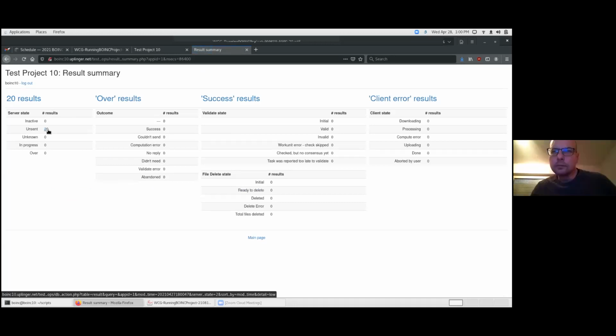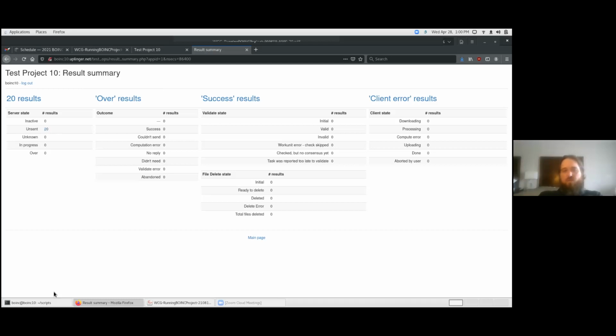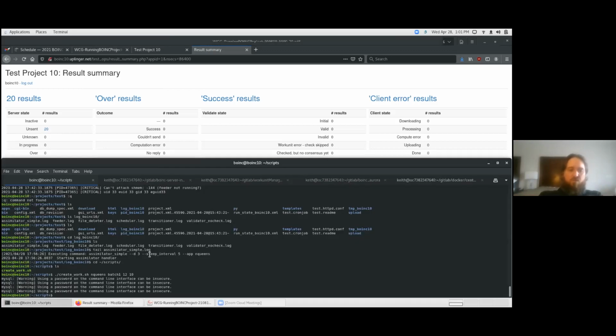And in this example here, we've got 20 work units that are unsent. Nothing has been sent out yet, which is expected. We have to have our BOINC client actually do a query, or basically a BOINC client has to pull work for them to go into a state of being in progress. So for that purpose, I'm going